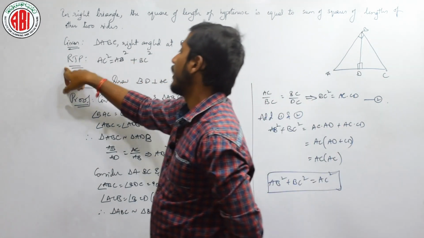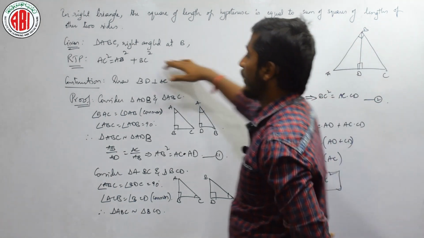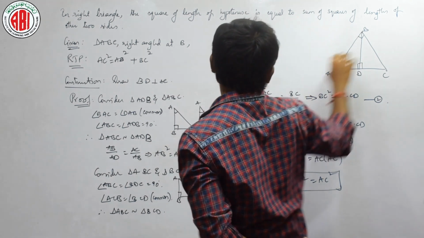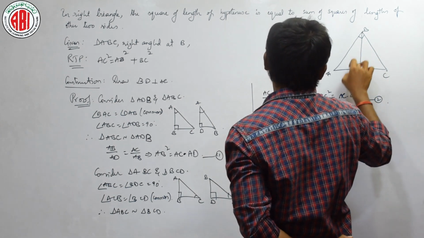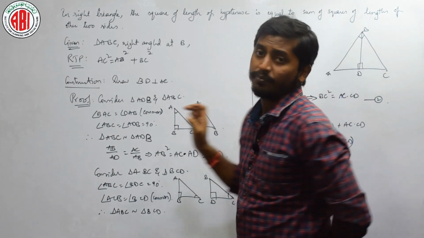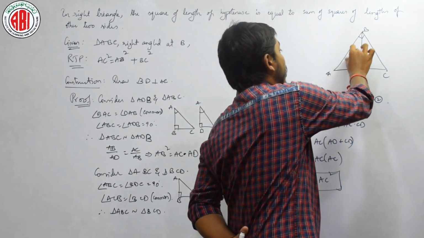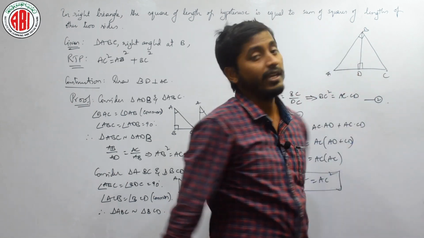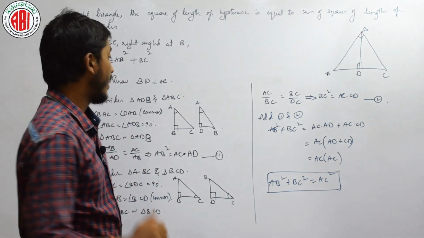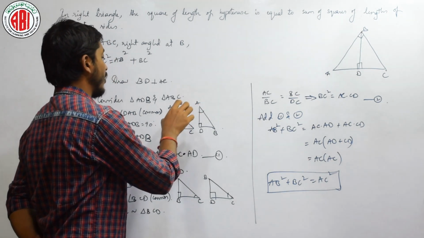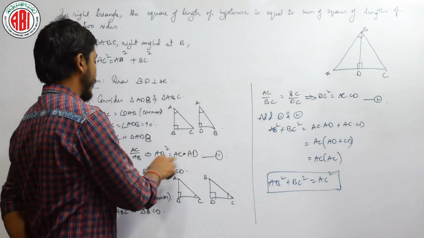Okay. What is the thing we have to prove? AC square is equal to AB square plus BC square, right. Let us construct BD perpendicular to AC, right, because that will also become a right angle, so that we can get two more right angles here. Now let us consider two triangles, one is the major triangle and one more is a part of this triangle, one is ABC and one more is ABD, right. If we consider both, we will get both the triangles are similar to each other. From that I have written the ratio as AB by AD is equal to AC by AB. From that I got AB square equal to AC into AD.